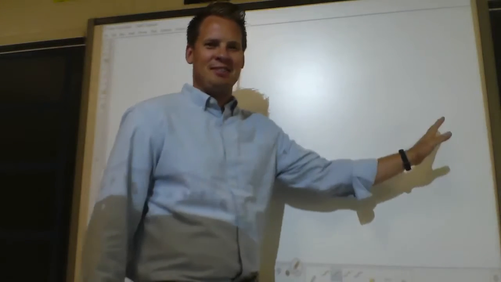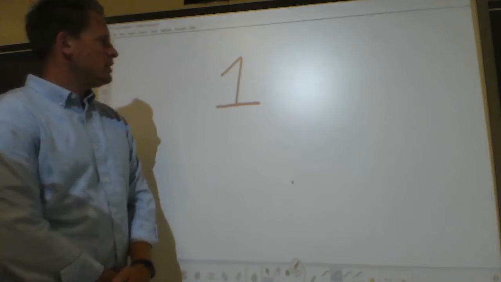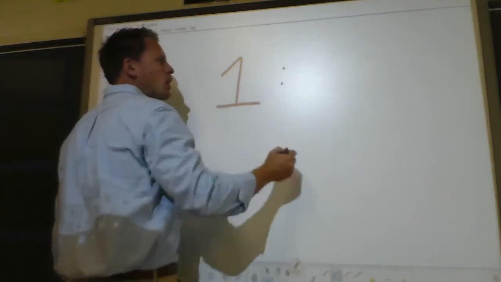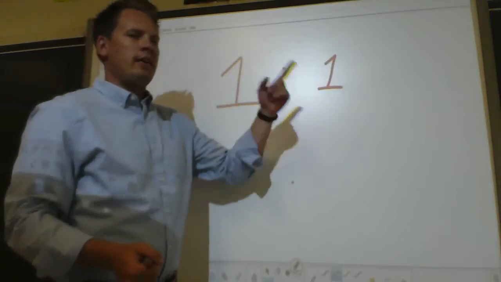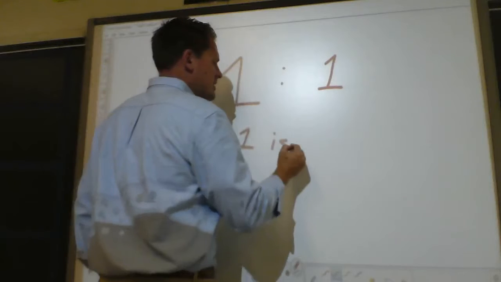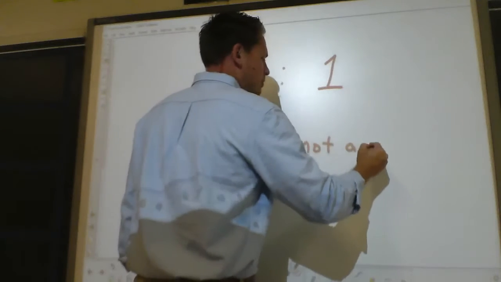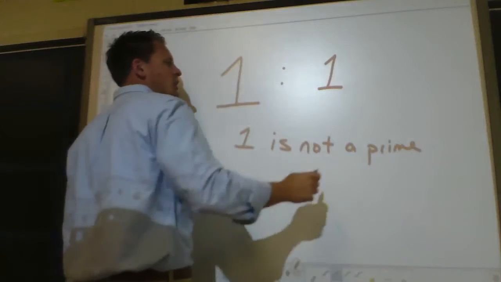Composite is more than 2 factors, and prime is exactly 2 factors. Let's do a factor rainbow. 1 times 1. Do we write it again? How many factors does 1 have? It has 1. 1 is not a prime number, nor